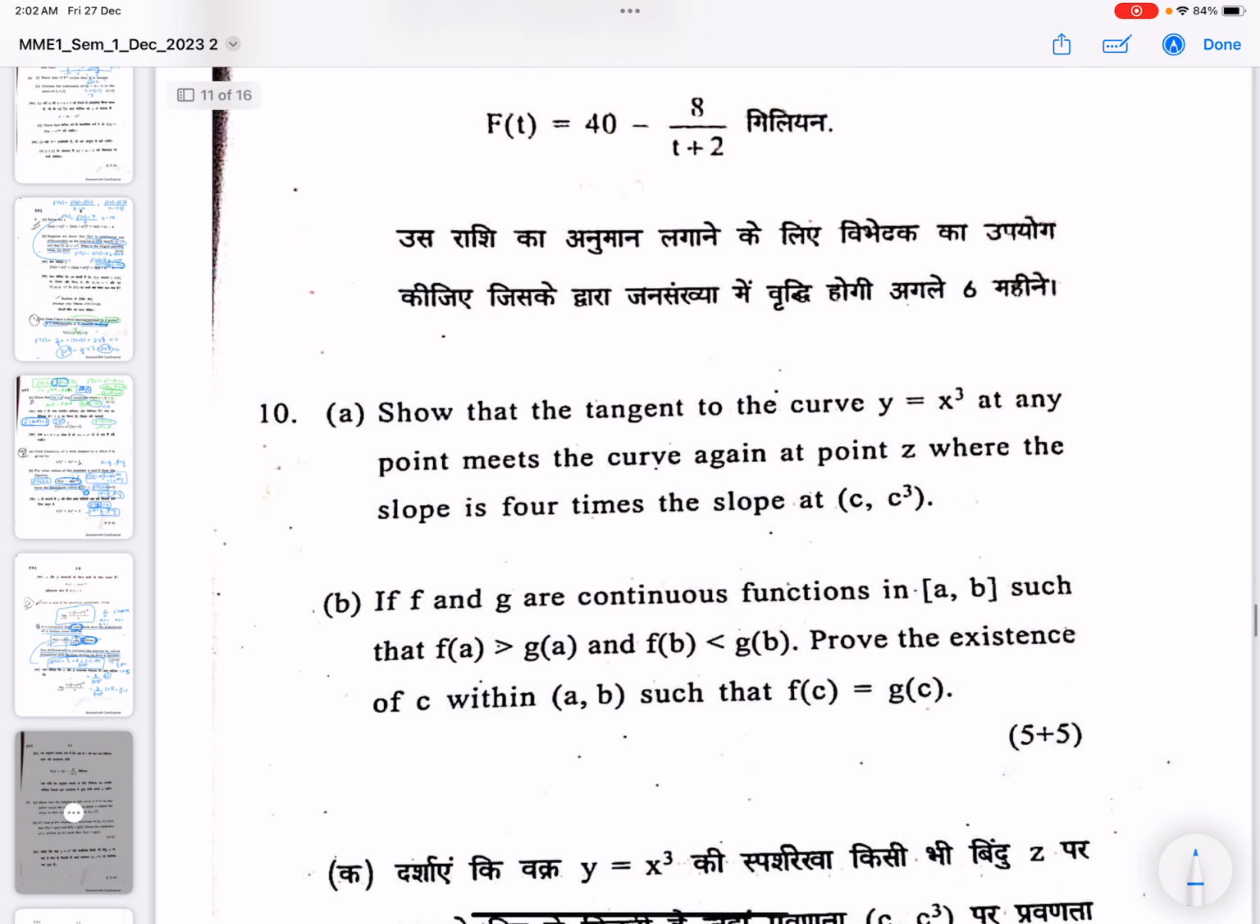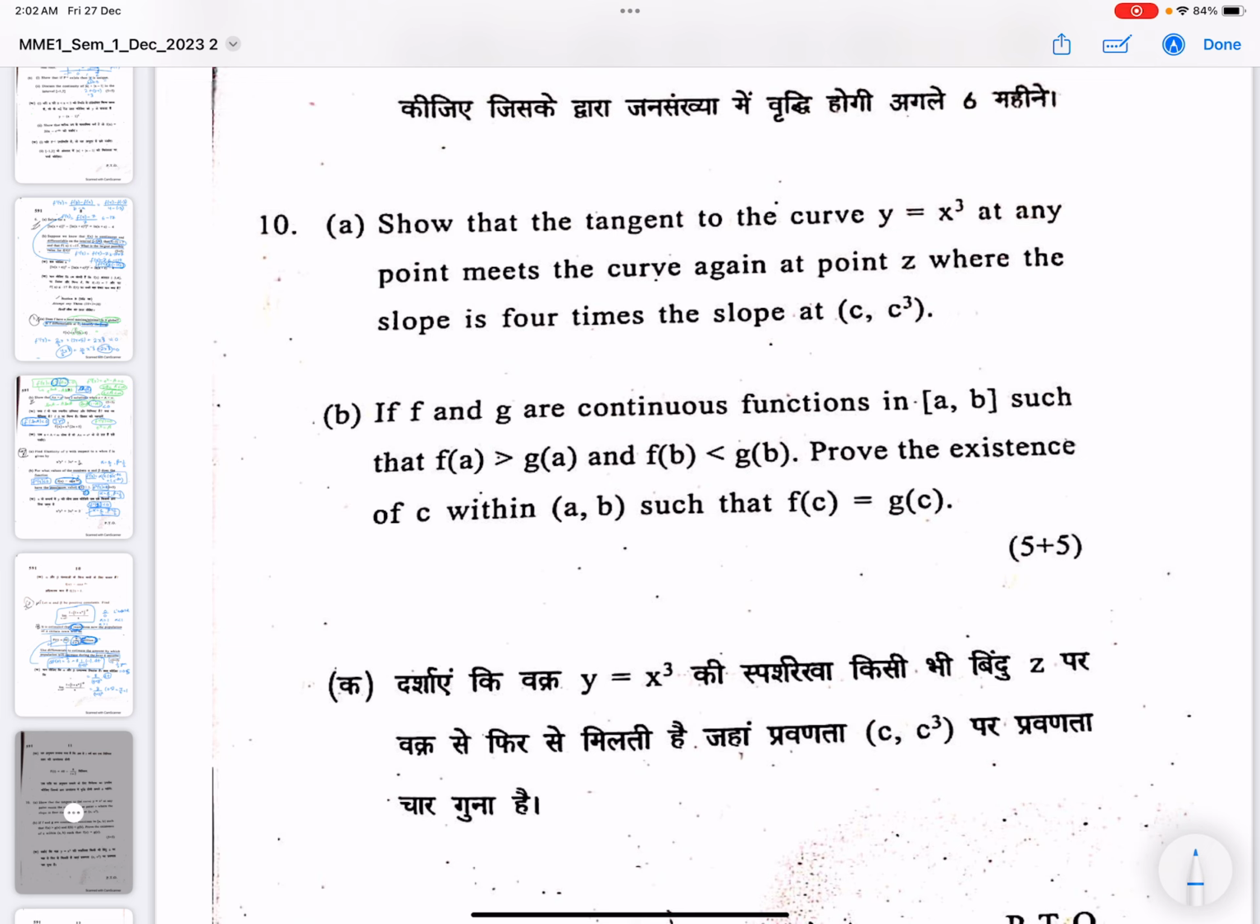Okay. Now coming to question 10. Show that the tangent to the curve y equals x cube at any point meets the curve again at point z, where the slope is 4 times the slope at c comma c cube. So at c comma c cube,